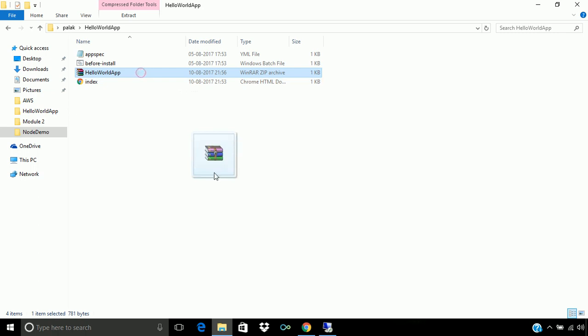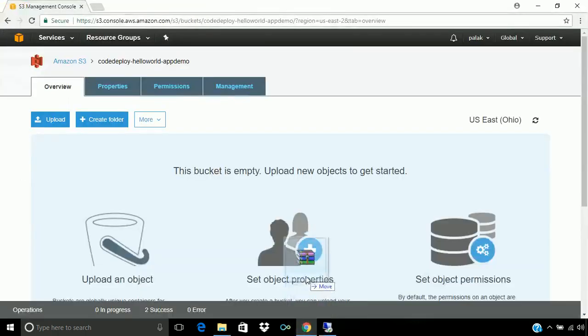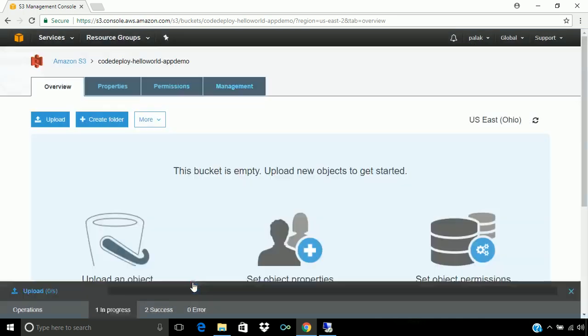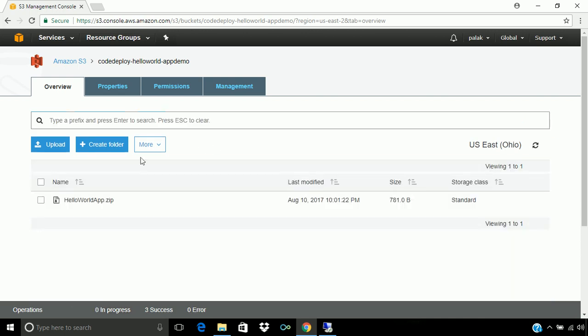So let's drag this file and drop it here. Let's upload this file. Once the file is uploaded into this bucket, we can see it here. So now we can move ahead to the code deploy application.